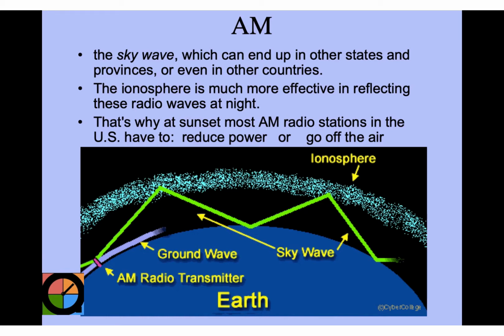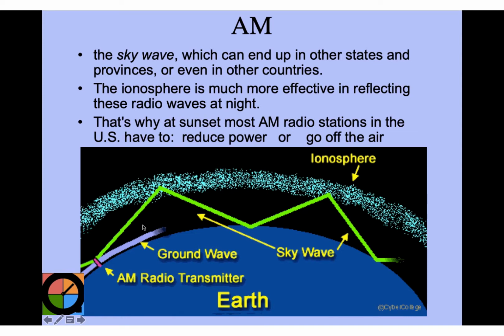What happens is that the ionosphere reflects the radio waves back when it's dark. And so the waves shoot up there and they bounce back and they travel a greater distance. And I know that when I wake up early in the morning, I get AM radio stations that I can never get later that day. And then also if I'm driving at sunset, I can get stations that I can't get. And what happens is they turn down the power of those because the AM radio stations start to intermix and it gets all weird. Okay.